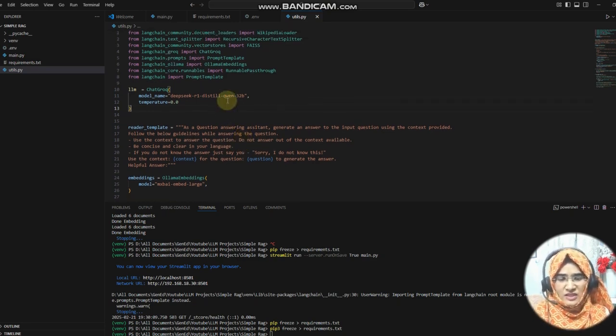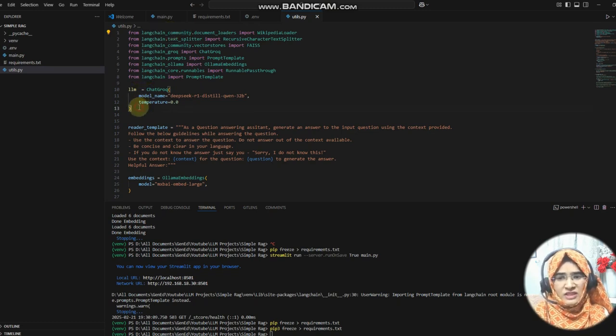So we will start by importing some important libraries. You know that we have LangChain community and LangChain, and we will use LangChain more because LangChain provides us a more specific and easier way to implement things. So we will use LangChain throughout. We will use LangChain community, LangChain core, and LangChain Ollama. We will use those particular things, right?